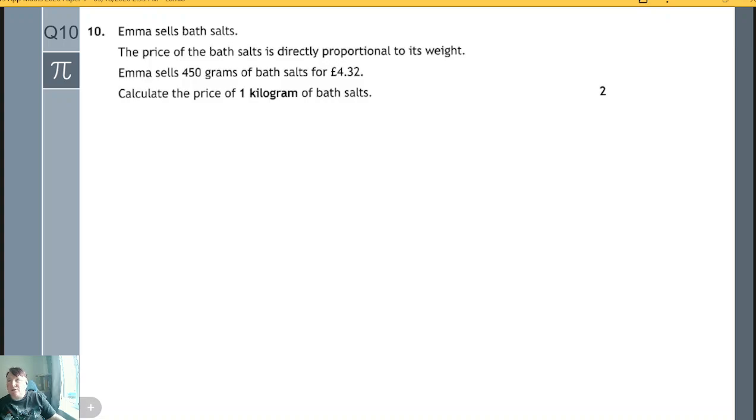Emma sells bath salts. The price of the bath salts is directly proportional to its weight. So as one goes up, the other goes up. Emma sells 450 grams of bath salts for £4.32. Calculate the price of 1 kilogram of bath salts. Now, in real life, you'd use a calculator for this, but we can do it. So let's start with, if we know that 450 is £4.32, then 900 is going to be £8.64, and we just need to find 100